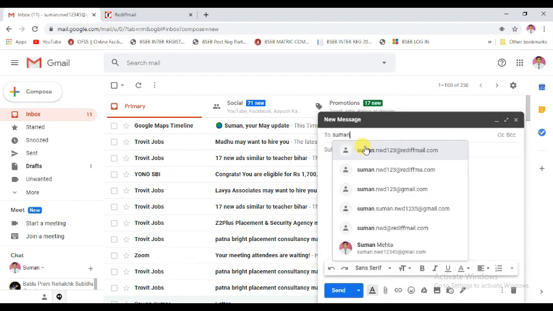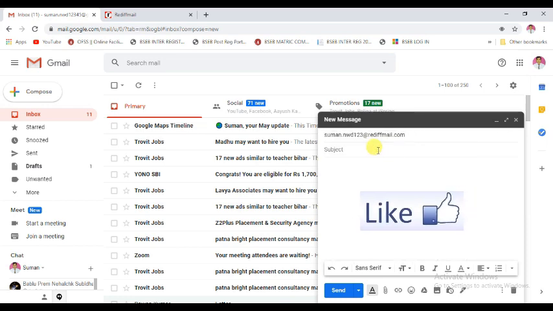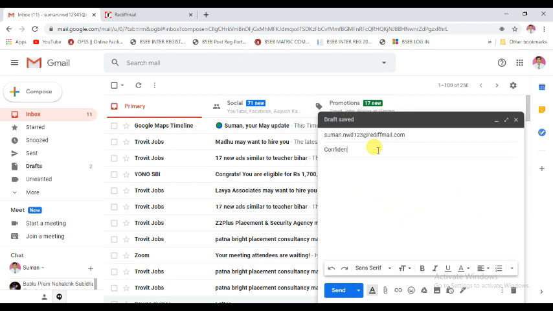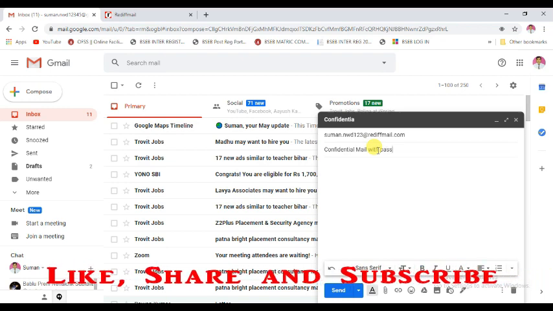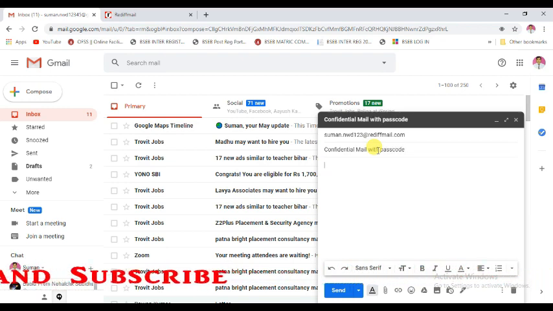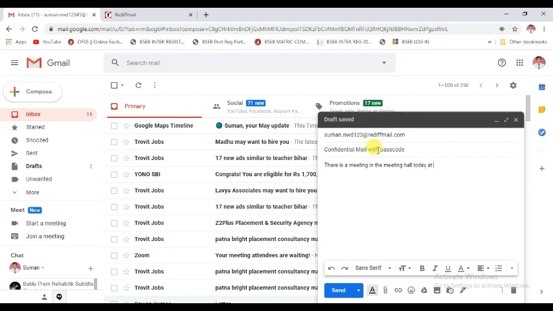Here suppose I type the same address again, and in the subject I write Confidential mail with passcode, and then I write: there is a meeting in the meeting hall today at 4 p.m. Suppose I write here this time 2 p.m.